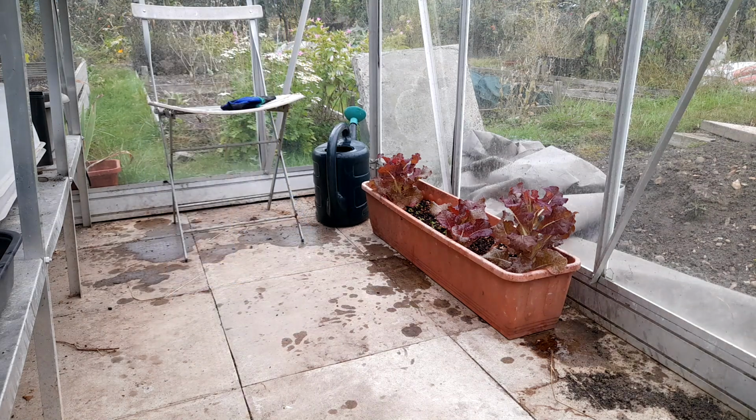Good day. It's early on Thursday morning. I've just come down to water things in the poly and the greenhouse, and you can see here that these two lettuce on the left and the right, the taller ones, are beginning to bolt. I think they've been stressed during their growing, and yeah, they're going to bolt, but there's decent leaves on there, so I will be harvesting those leaves